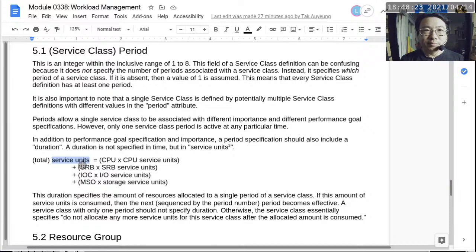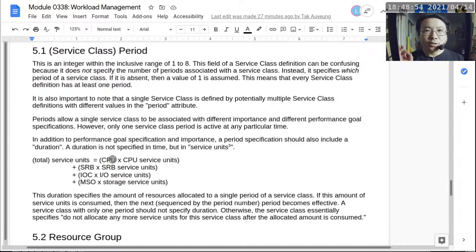Okay, so I have one more question. Yeah, go ahead. So let's say I need to specify the total service unit. So this formula, let's say CPU times CPU service units. So what am I multiplying? Okay, so there's a particular configuration screen that will let you specify